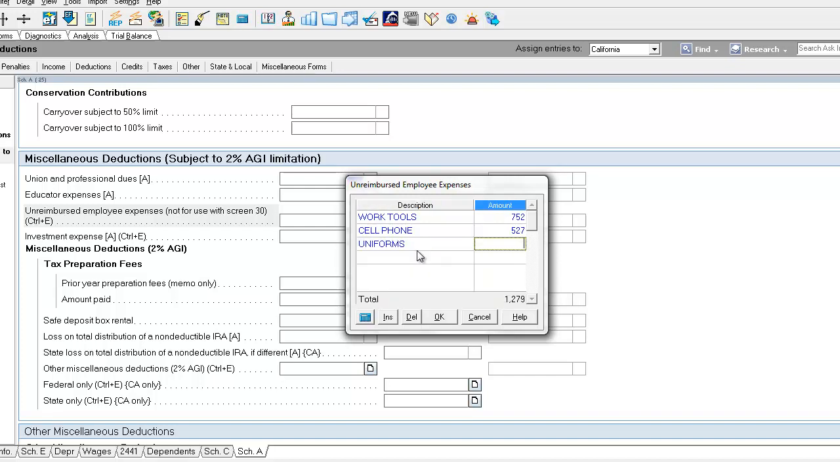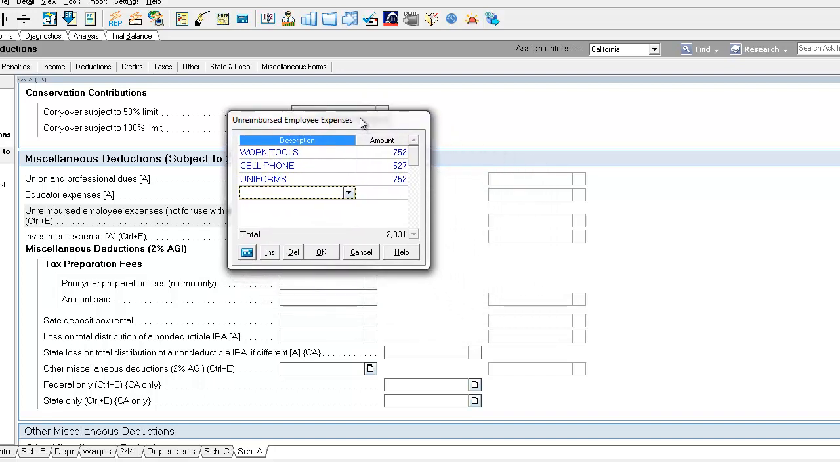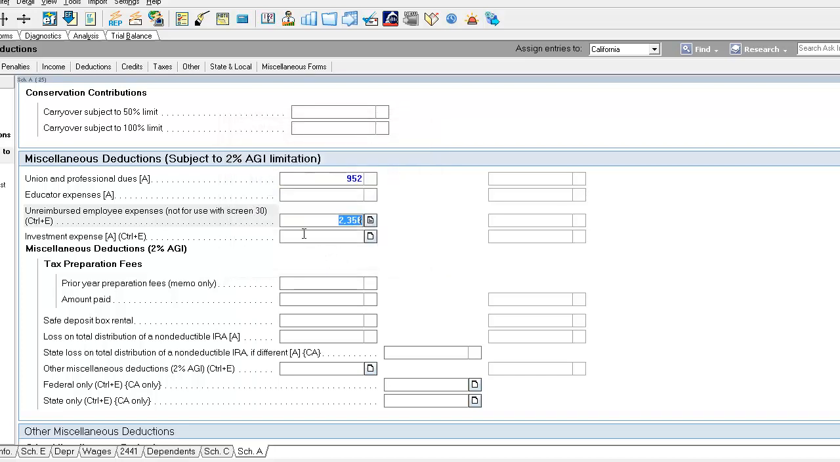So let's say that they also have uniforms. Okay, what's another common work expense? Let's say that they have some job education or job training that they had to pay for. Remember, it's always that the taxpayer has to pay for it in order to get a deduction. So this would be enough deductions to where it would be worth it to itemize this section, because remember, it's